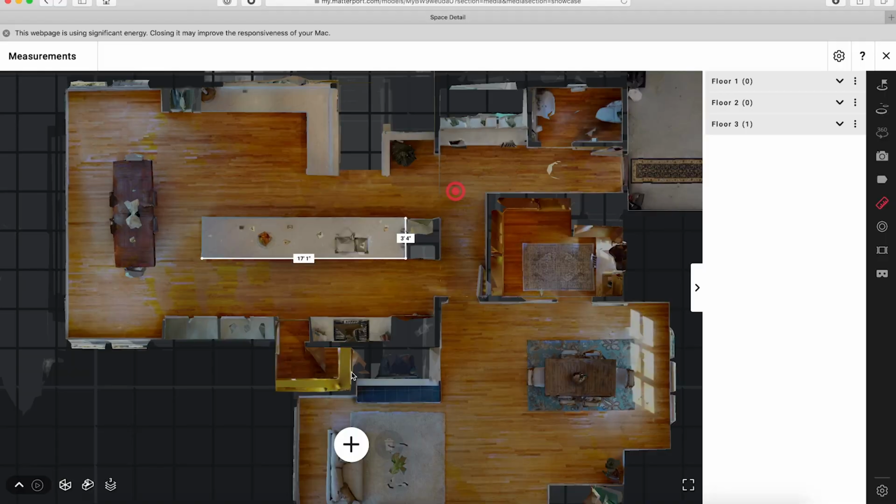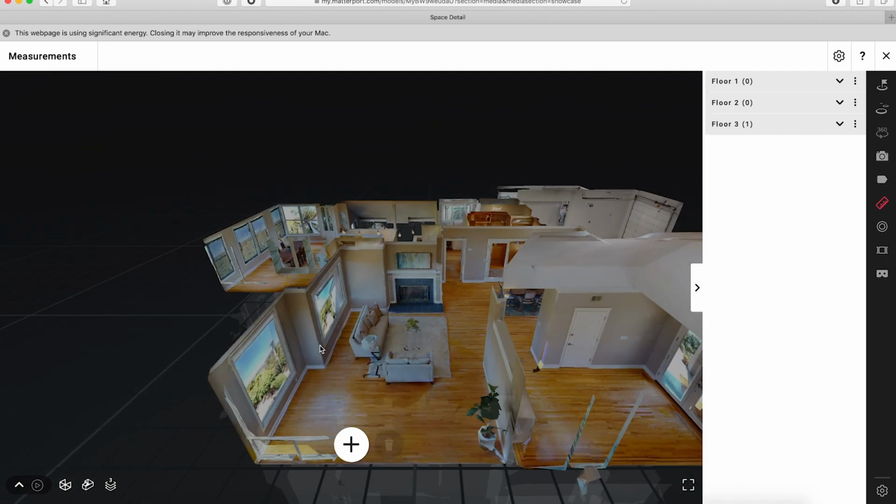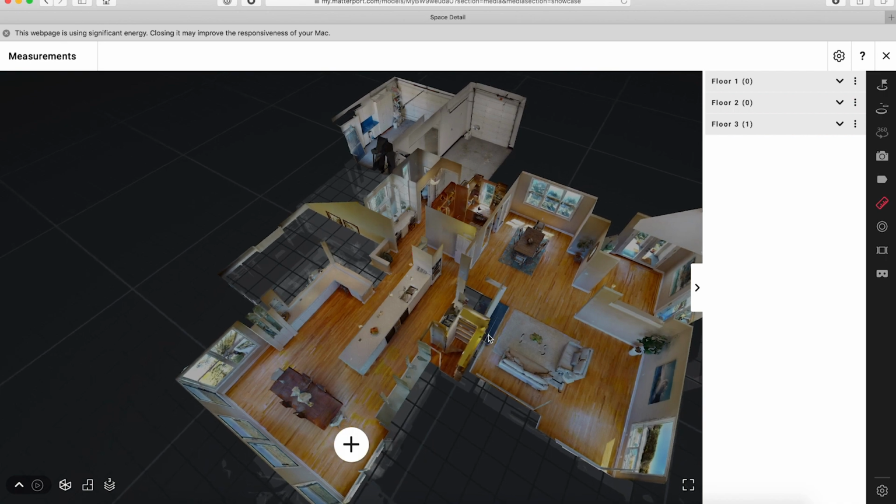What I wanted to point out with regards to measuring in the floor plan view versus any other view is that once I'm happy with the measurements I've captured here, I can go into, let's say, the dollhouse view, again by pressing the number 2 on my keyboard, and you'll notice that the measurement line is now gone. The reason is that measurement lines drawn in the floor plan view will not be seen in any other view. My visitors will still be able to see those measurement lines when they see the floor plan view, but not in any other view. The same holds true for measurement lines drawn in the inside or the dollhouse view. They also cannot be seen in the floor plan view.